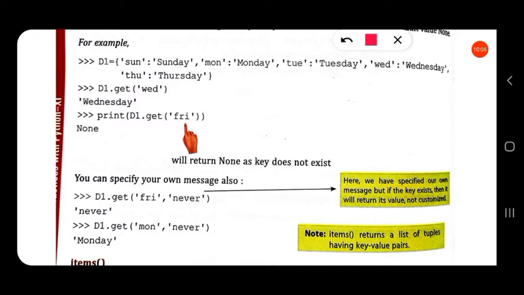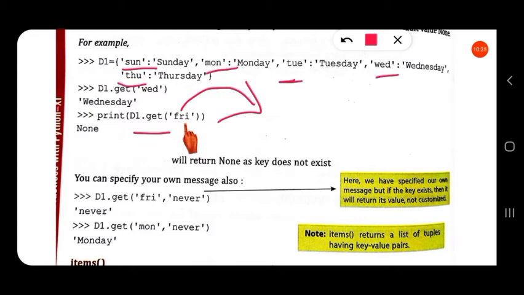Now if we write print D1 dot get FRI, the get function will return the value corresponding to the key FRI. In our dictionary D1 there is no key named FRI.